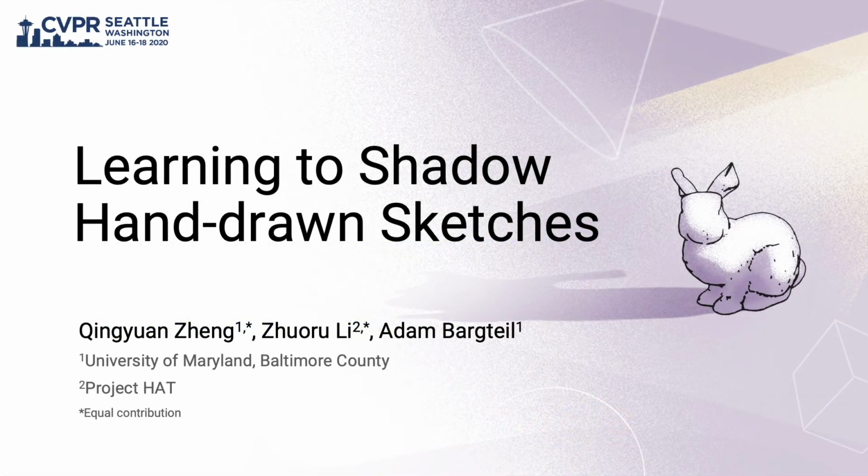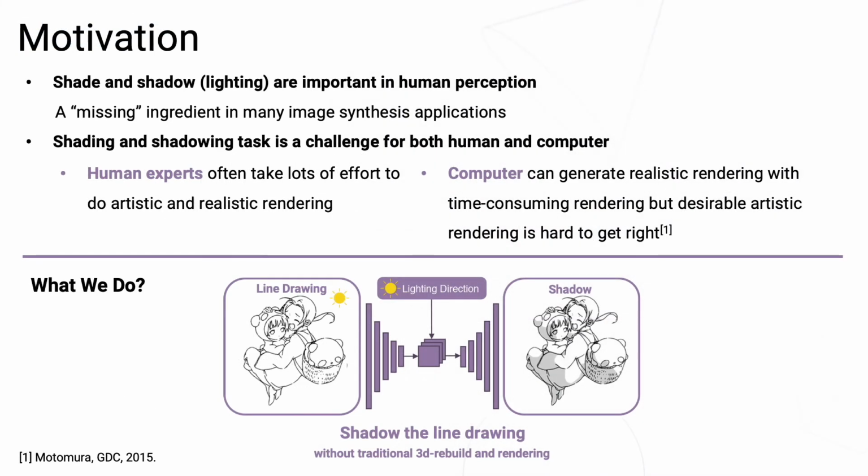Hello everyone, I am pleased to present our work, Learning to Shadow Hand-Drawn Sketches. This is joint work with Suo Ruli at Project HAT and Dr. Adam Bakdal at UMBC. In computer graphics, cell shading is hard to get right, because the shadows must preserve binary